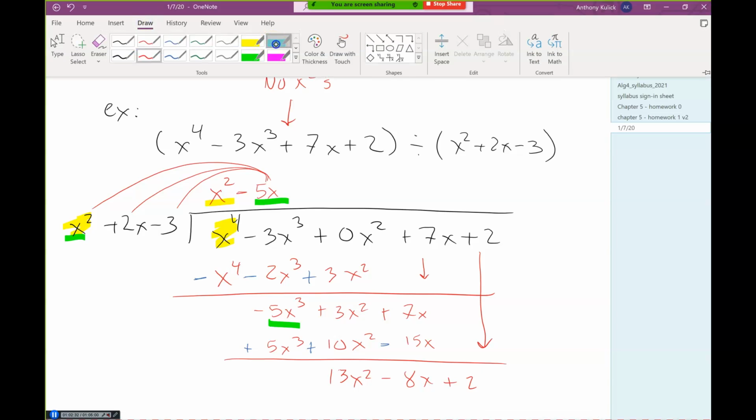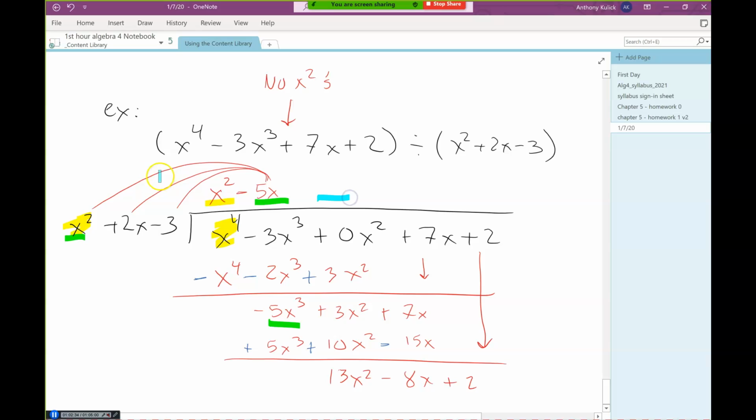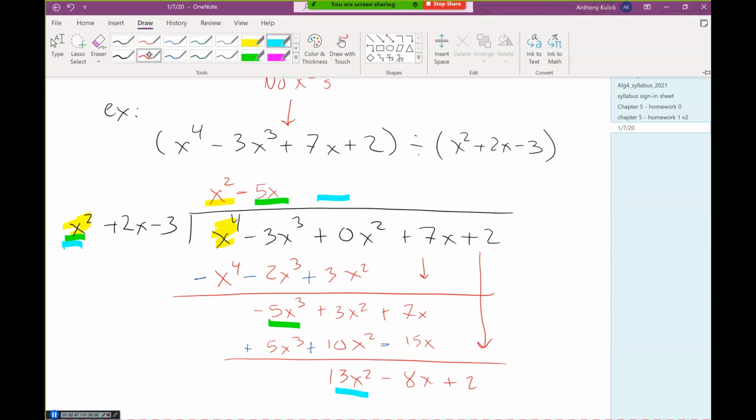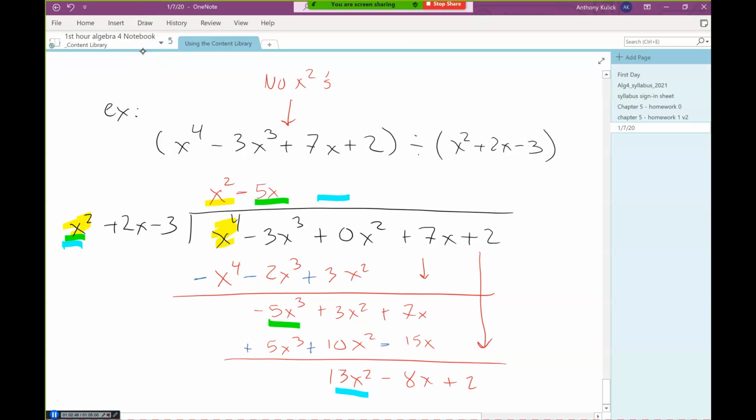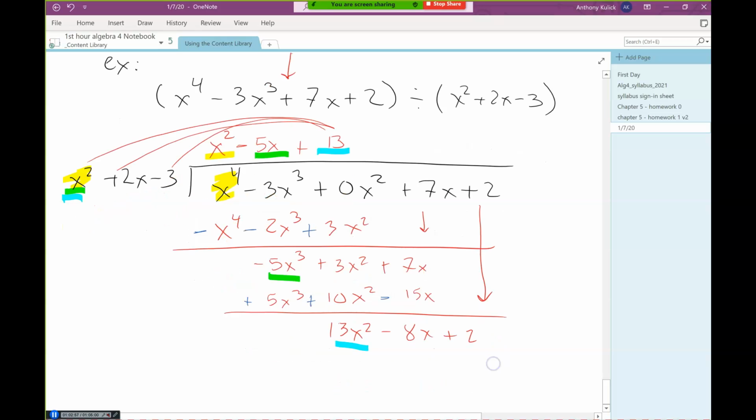I can tell I have just one more step left in this problem because the degree of x squared matches the degree of 13x squared. I know that'll be the last step when the degrees match like that. Anything left over at this step is just going to be a remainder. So what times x squared gives me 13x squared? Well, 13, of course. So I get 13x squared plus 26x